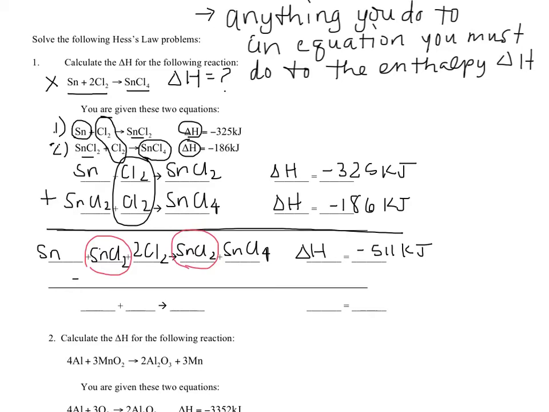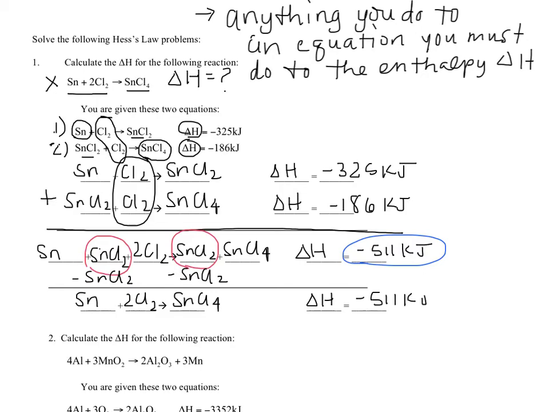And so what I'm going to do effectively, as though this were algebra, is subtract SnCl2 from both sides, getting rid of it. They cancel each other out because they're the same on both sides, which means that all I'm left with is the Sn and the 2Cl2 over on the left side, and over on the right side, the SnCl4. Okay? And because I already had added together my enthalpies, that's going to just continue to be negative 511 kilojoules. I'd already added those. All right, and so my answer in this case is the negative 511 kilojoules, but